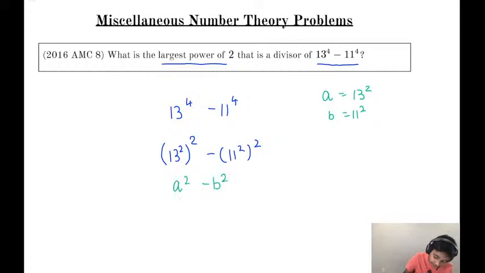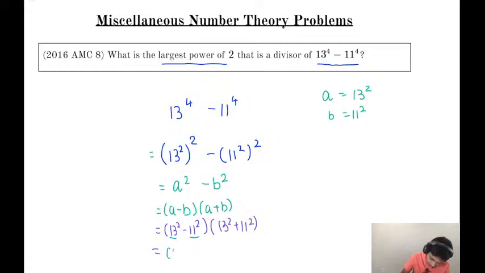We know that A squared minus B squared is just A minus B times A plus B. So now we just factorize our expression, applying 13 minus 11 times 13 plus 11 times 13 squared plus 11 squared,